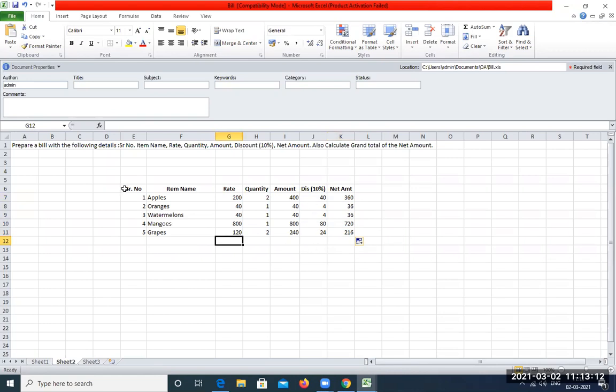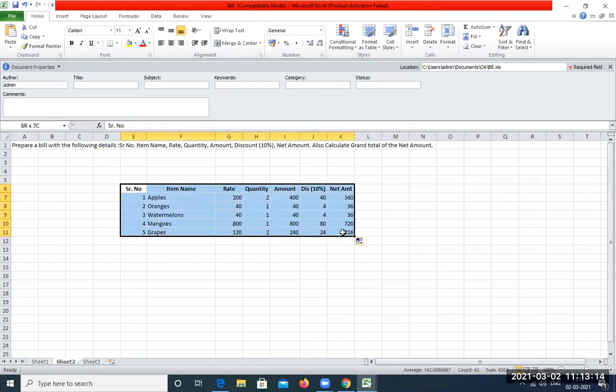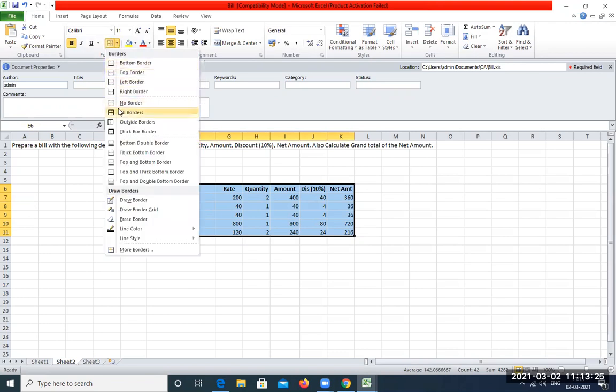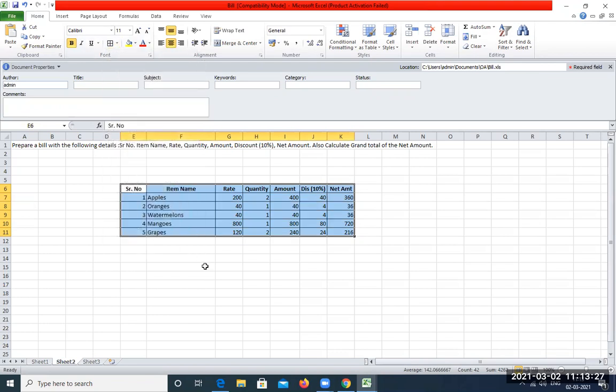Now the next thing is to select this entire table with the help of left mouse click and then go to the Home tab, look for table borders, click on this arrow and select All Borders.